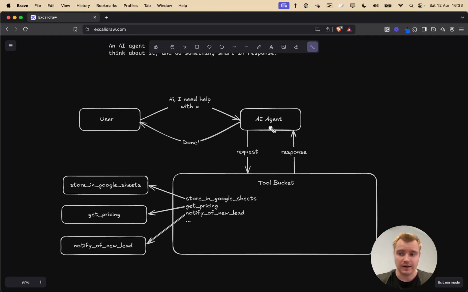Now your AI agent, when you create it, and we'll jump into this in a sec, you essentially give it a prompt. And in that prompt, you tell it how to act, how to speak, what it should know, what it shouldn't say, any kind of guidelines. Now, in this prompt, you also tell this agent that, hey, you've got these tools available and use these tools